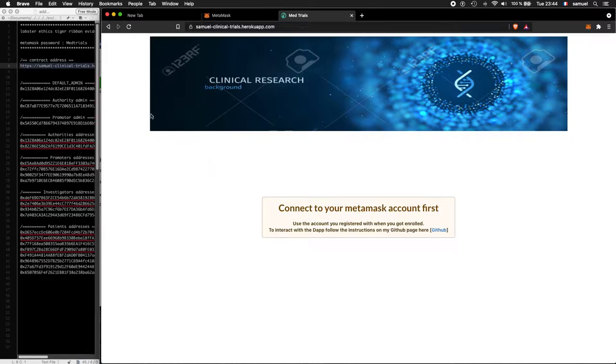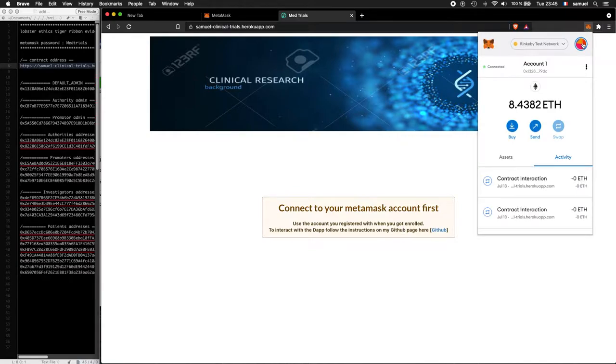So the first time when the smart contract has been deployed, we provided two accounts. The first is the authority admin account, and the second is the promoter admin account. The authority admin account is account 9. So we can go to account 9,